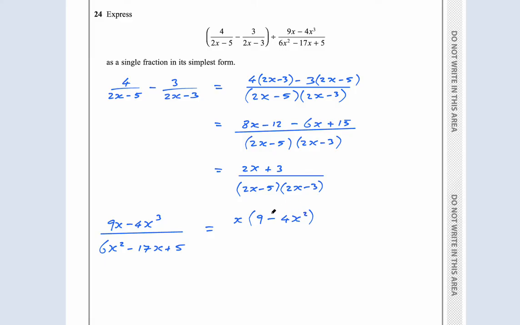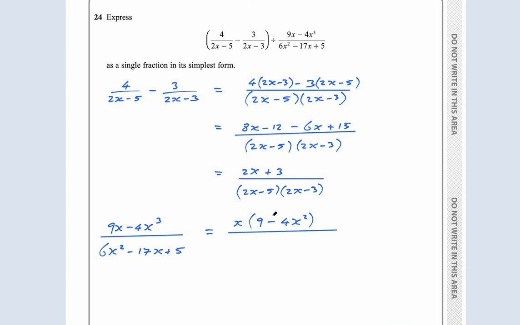Now this, guys, is a difference of two squares. I'll get to that in a second, but as soon as I see 9 minus 4x squared, I think difference of two squares, because that's a square and that's a square. This factorized,